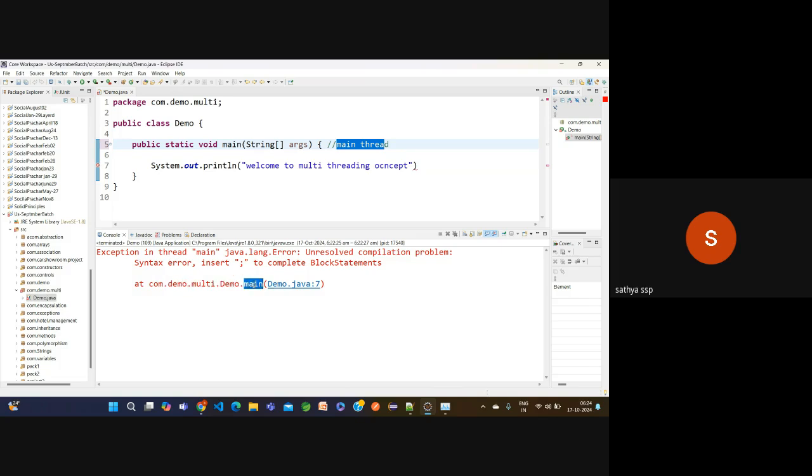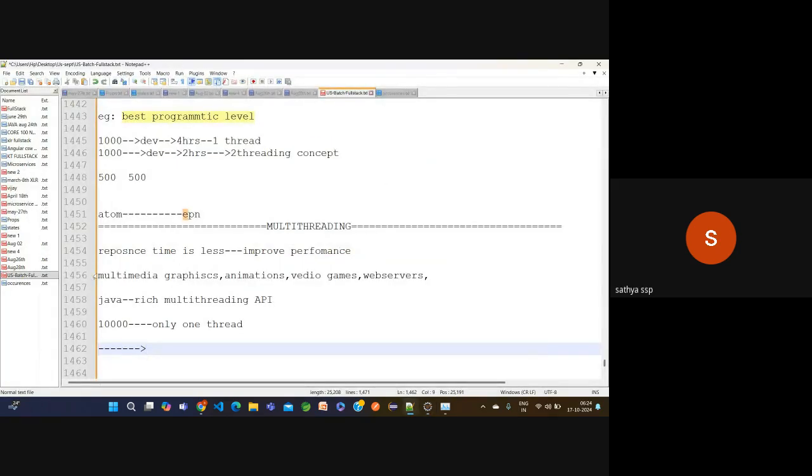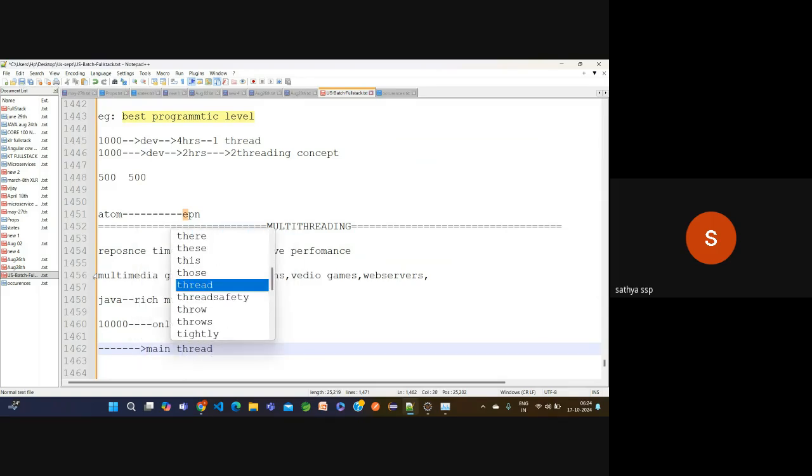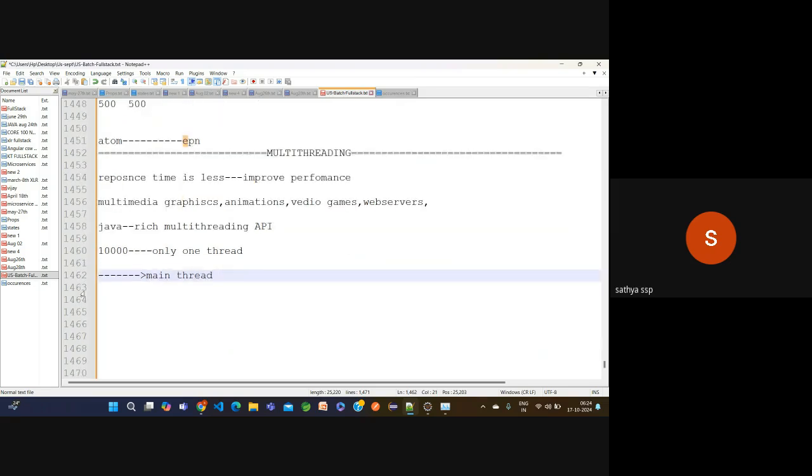This main is a method, this main is a thread. Now by default we have one thread, the main thread. By using the multi-threading concept, now we need to create one more thread. If you want to create one more thread, now we can create multiple threads.